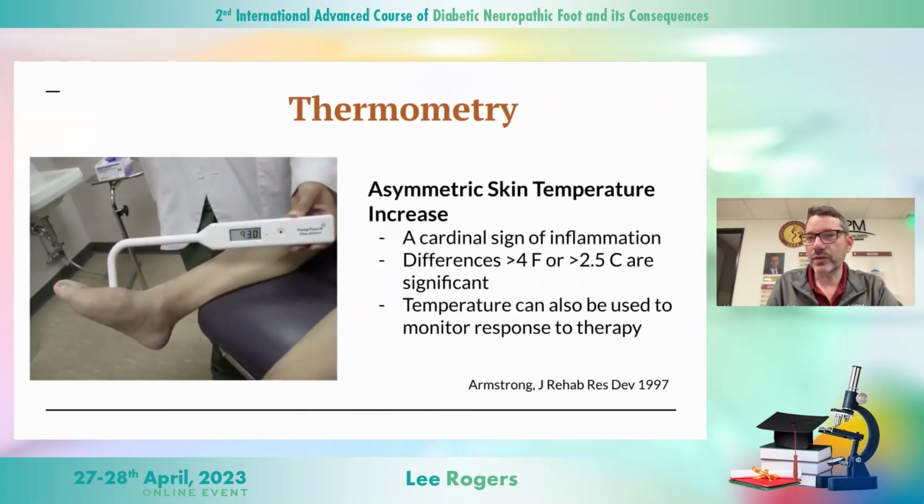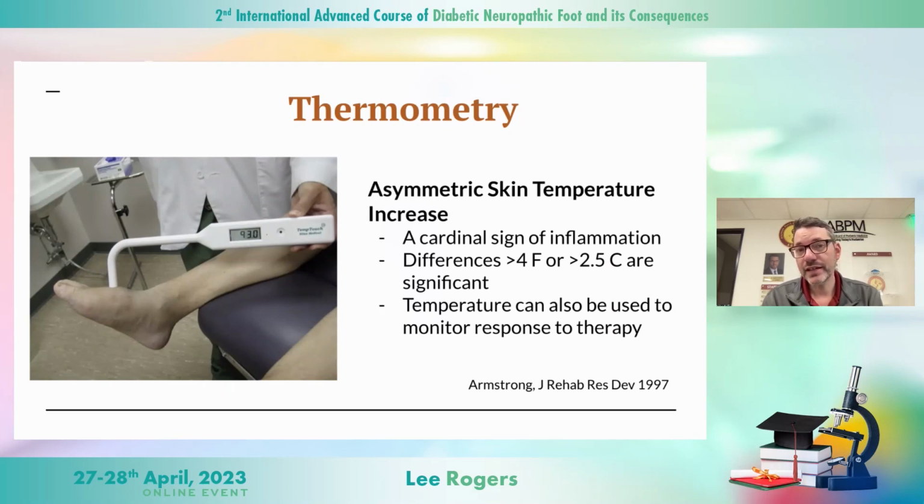How do we most accurately make the diagnosis? I prefer to use temperature as the major tool in looking for inflammation in patients, especially asymmetric temperature differences. It would clue me into the fact that there is some type of inflammation going on in the foot. It is highly, highly sensitive, not as specific for Charcot. It could be other conditions like gout or DVT or cellulitis, but it is highly sensitive for inflammation going on